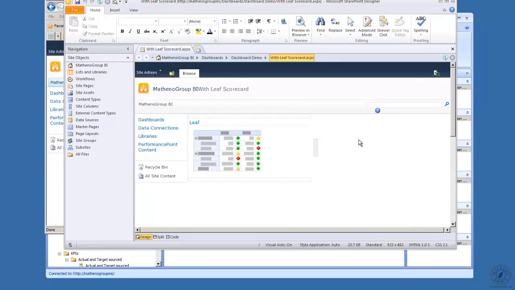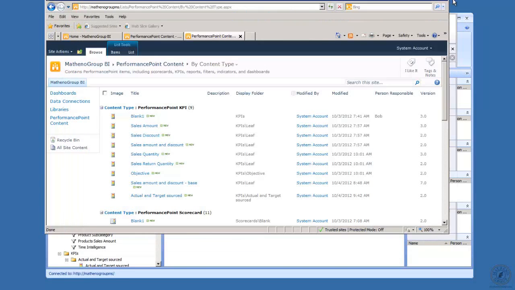And now I'm down here in SharePoint Designer, and I can go through and I can make any changes that I want that apply into SharePoint Designer. Now, you must be very careful when you do that. We have an optional video at the end of this module, which will come through and show you one of the ways that the author, at least, has been successful in doing some modifications with SharePoint Designer within a dashboard within PerformancePoint Content. So let me close SharePoint Designer again, and let's go back over to the browser,